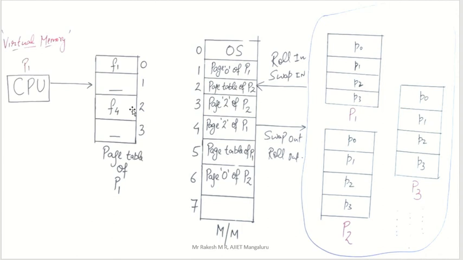What are the concepts we have seen? One is a page hit. Second concept, page fault. These are very important concepts: page hit, page fault. Third concept is, what do you mean by virtual memory? Virtual memory means a lot of processes are there, but memory size is small, so we are taking page by page of each process into your main memory. By that, the CPU will think that all the processes are there in main memory. This is just an illusion.